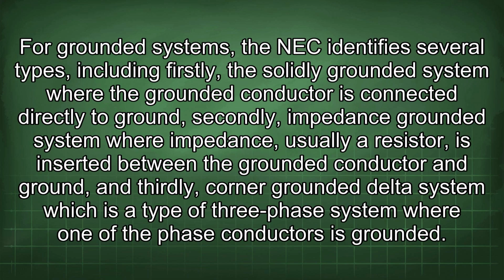For grounded systems, the NEC identifies several types, including firstly, the solidly grounded system where the grounded conductor is connected directly to ground. Secondly, impedance grounded system where impedance, usually a resistor, is inserted between the grounded conductor and ground. And thirdly, corner grounded delta system, which is a type of three-phase system where one of the phase conductors is